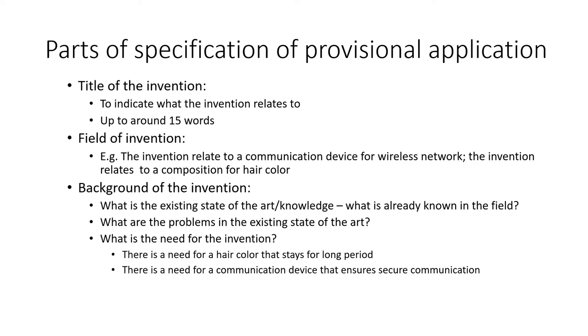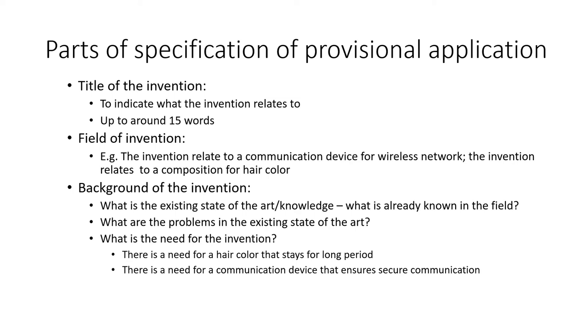After you have indicated that, you indicate what are the problems in the existing state of the art. What were the problems being faced due to which you thought of bringing up this invention. As you did a prior art search, you can always refer to those documents in the background of the invention. You can rely on those and say that this is what is already existing and this is the problem in the existing state of the art.